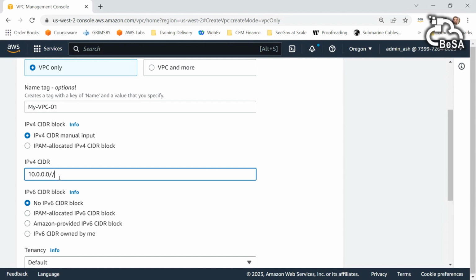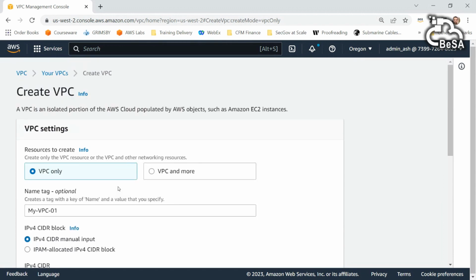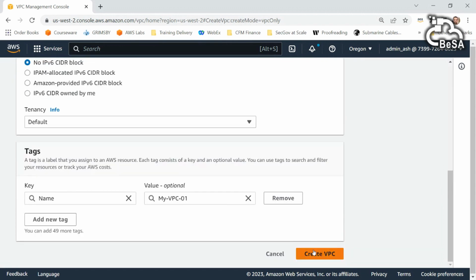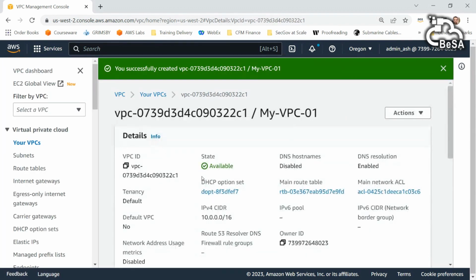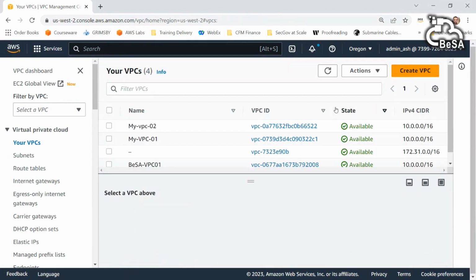So 10.0.0.0/16 is the IP address I'm using, and I'm not creating anything else beyond it. This is in the Oregon region. I created my VPC01. That VPC is ready, and now I'm going ahead and creating